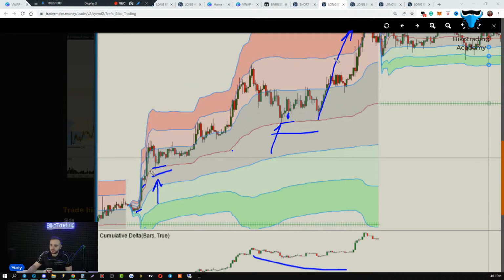Major reason, guys, because algorithms in the hedge funds, what they did, they just enter a position when price reaches VWAP. Quite often,